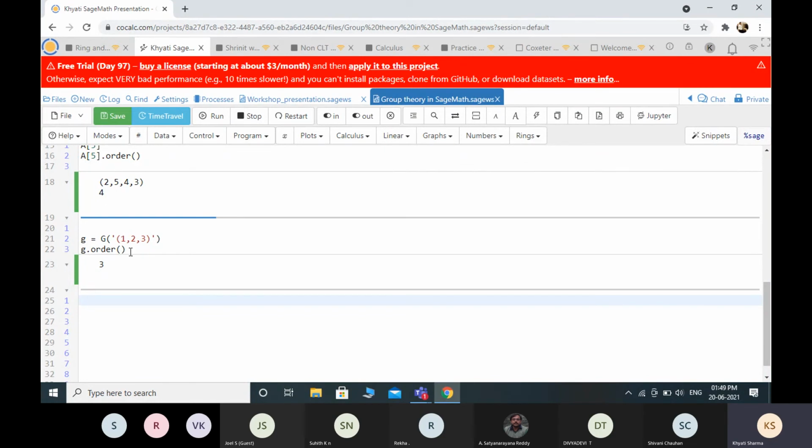So now if we want to find out, for some particular order, how many elements there are in G, there is one command for that also.